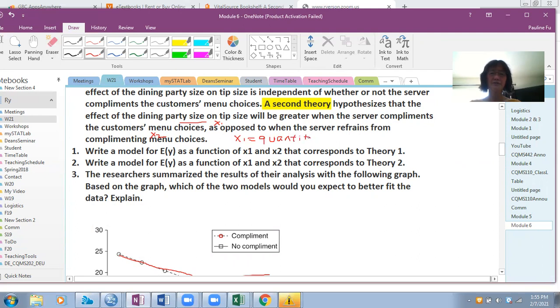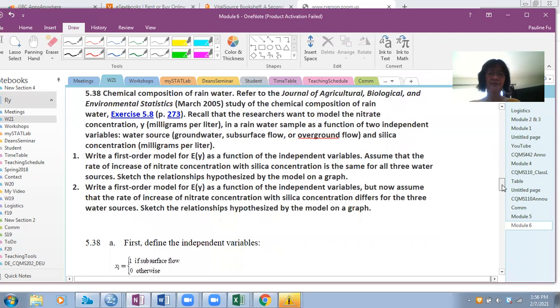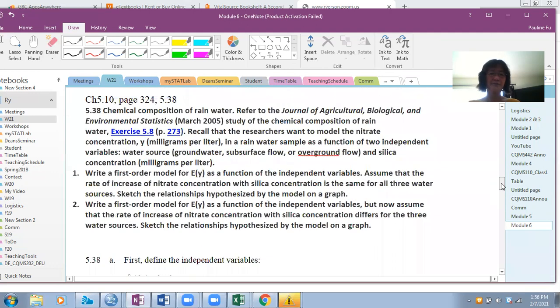And X2 is a qualitative variable, and it has 2 levels, complement or no complement. So this is this question. And the next question,